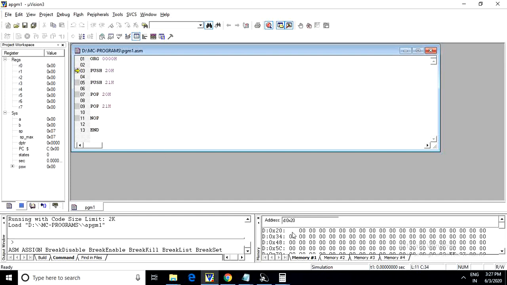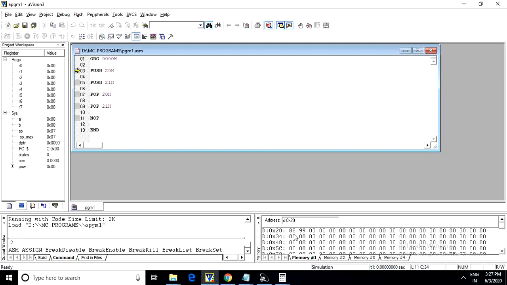Let me give the input as 88 in memory location 20 and 99 in memory location 21H.